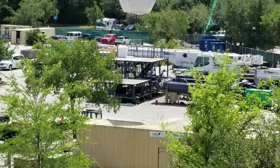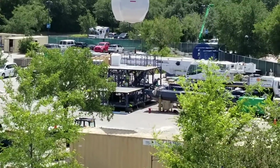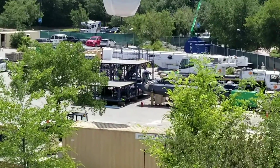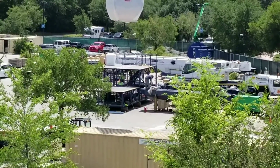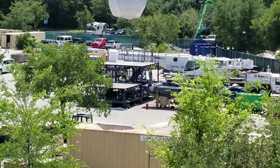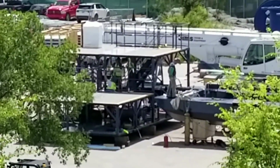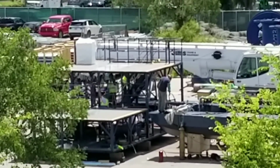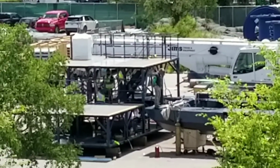Hey everyone, so we are back, and it is Wednesday, May 1st, and crews have been really hard at work on this platform. They haven't moved it over to the barge yet, but there's welders down there, and it looks like they put all the railings up, and you can see that the steps actually go from one platform to the other, just like I thought, and there's railings around it, so you'll basically get off of the gondola, you'll walk onto that platform, and you'll easily walk down that set of stairs, and then probably down another set